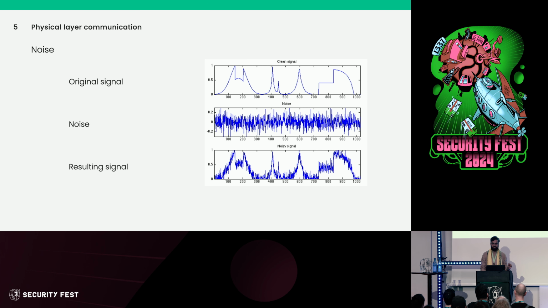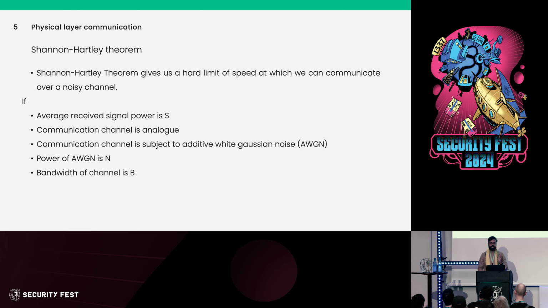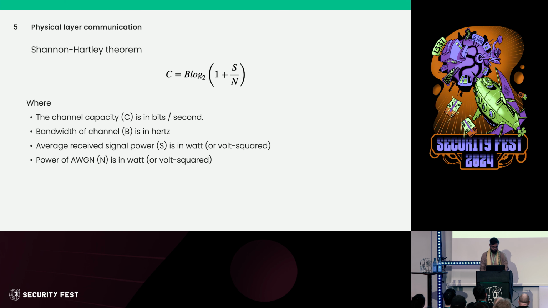For any channel which has some amount of noise, where you can measure the overall power of noise and signal, this theorem basically tells you the maximum theoretical bandwidth that you can achieve under presence of noise. Which means that as long as you transmit below that maximum bandwidth, you will be able to eventually transmit all the data that you want to transmit. The only condition is you do not breach the bandwidth. Okay? That is one part.